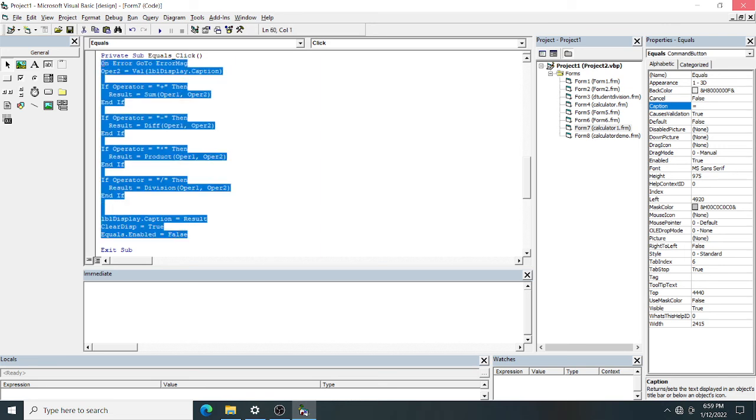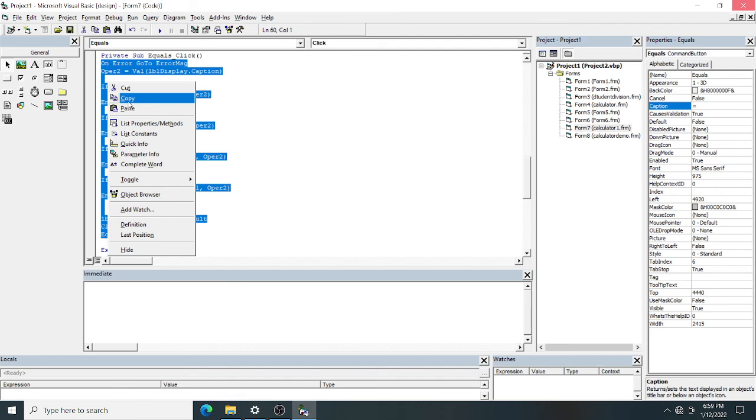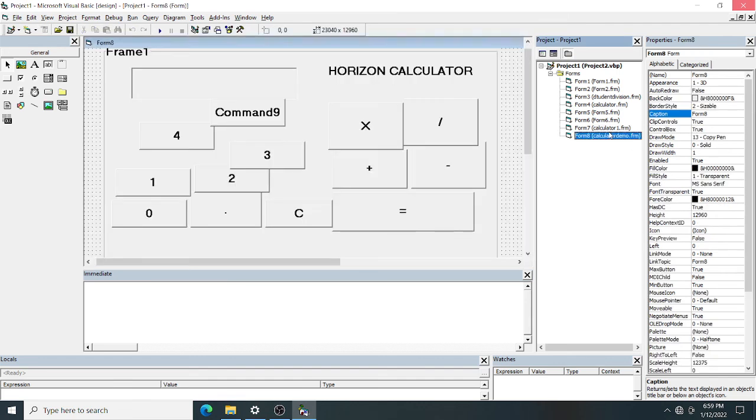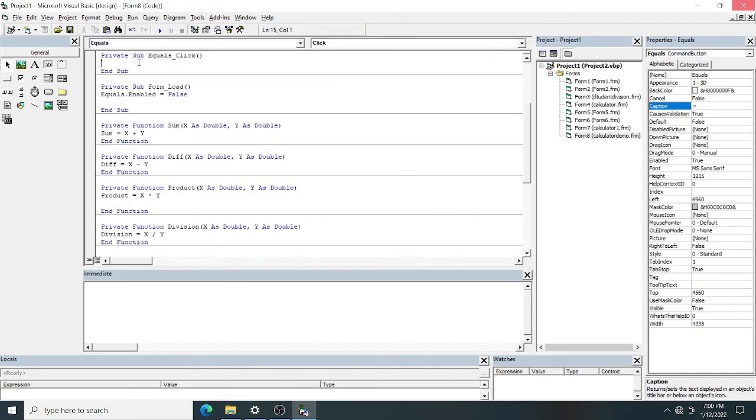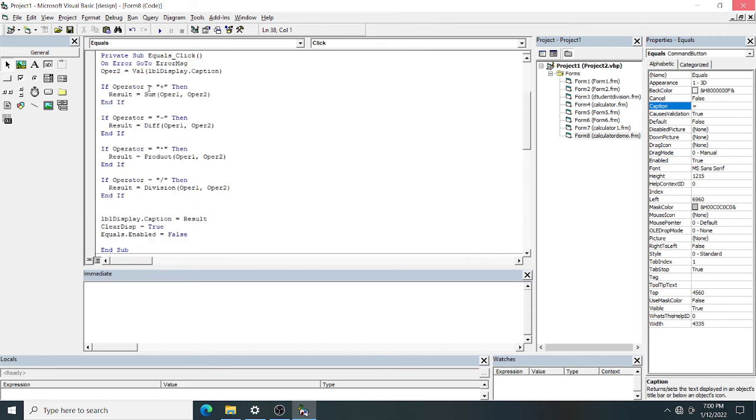Next class I will explain in detail how this code will execute. I'm copying and pasting it in this equal button, because if you are clicking on the equal button, first you have to type one number, suppose 12 you press. After that you have to press one operator, so the operator button will work. Then one more operand. After pressing the first operand, then the operator, then operand 2, then you are going to click the equal button.